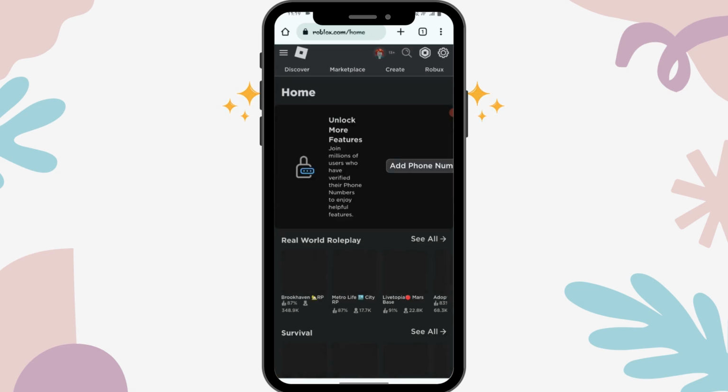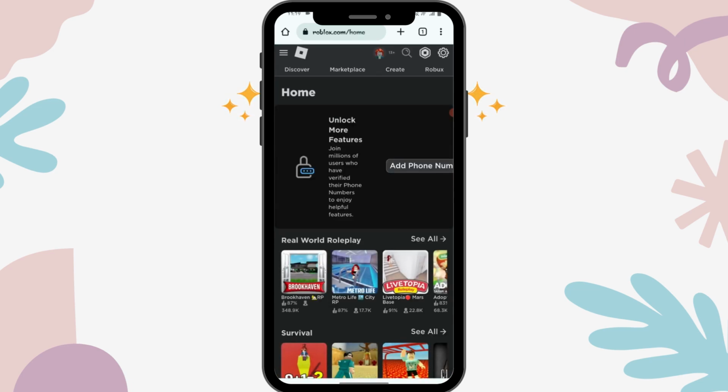Now you have to log into your account. So I have already logged in, and then now you can go to your profile, which is on the upper right side. Simply tap on your profile,